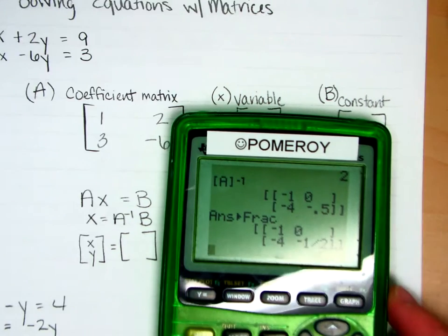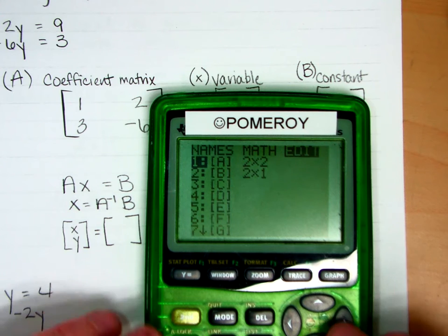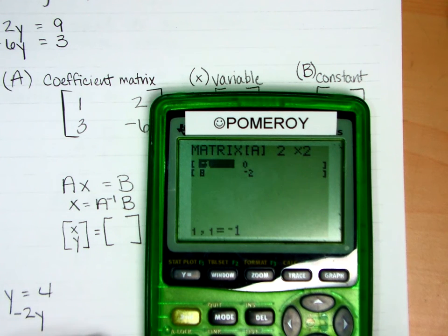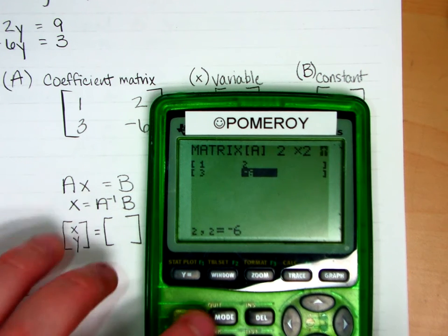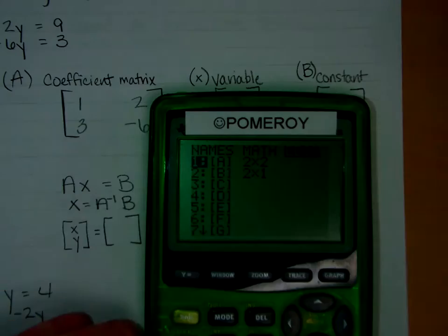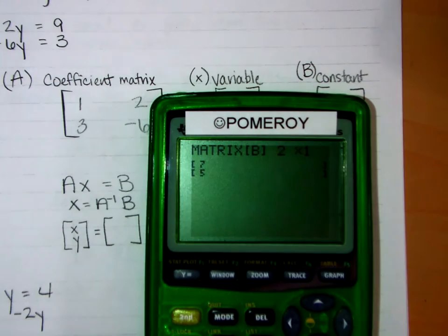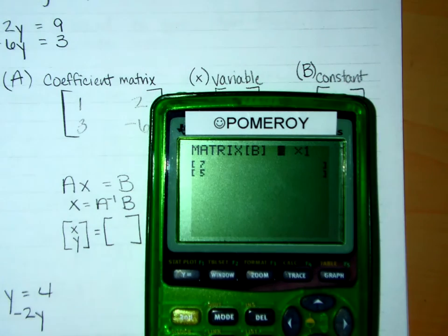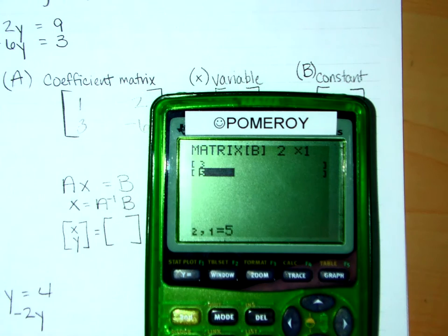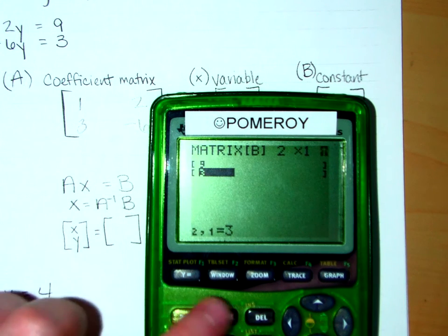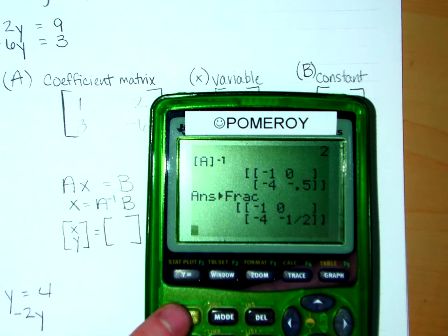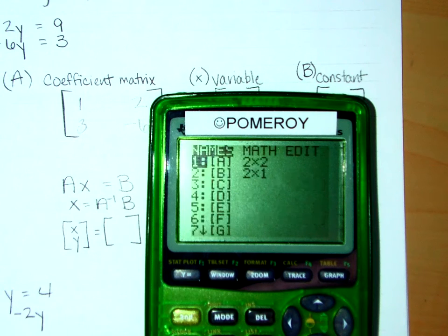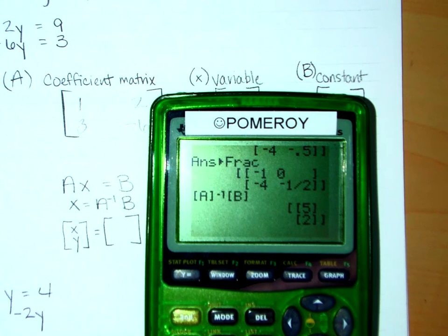So I'm going to walk through this really quick, and we're going to show it through. Second matrix, edit, 1. So it's a 2 by 2. I'm going to take my constants that I just had. So I have 1, 2, 3, negative 6. Second, quit. Second matrix, edit, 2. Pardon, my lights are going off here. And that's going to be a 9, 3. Second, quit. So what I do is I hit second matrix 1, inverse, second matrix 2, enter,